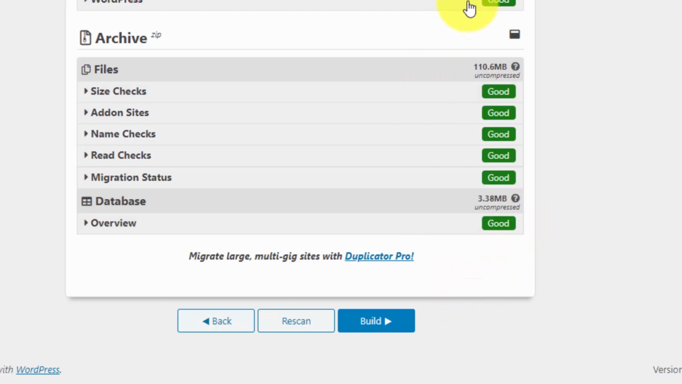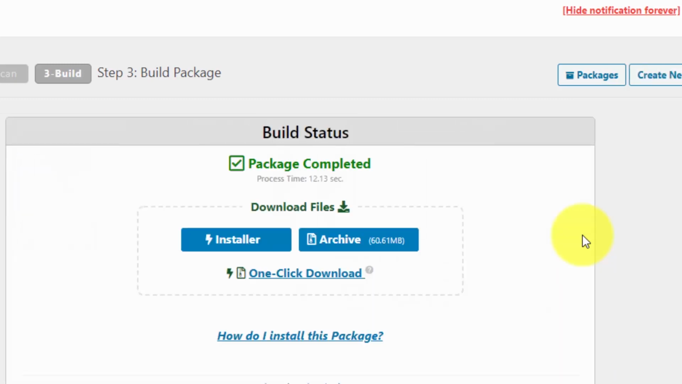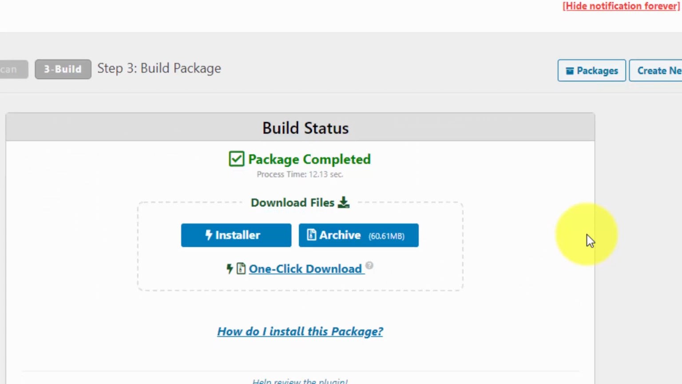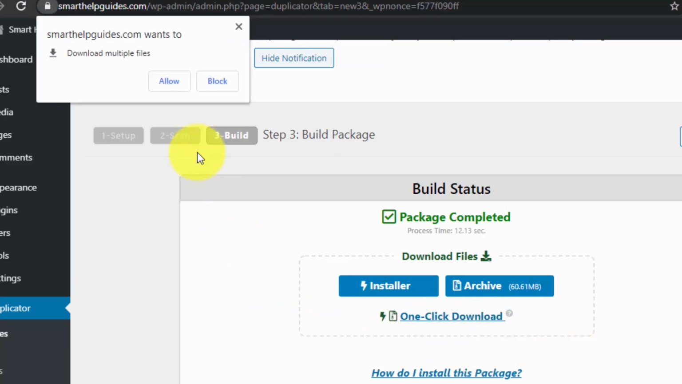Okay, so after checking everything is good, just click on build. Okay, this will take a few seconds depending upon your hosting server and the size of your website. Okay, so once package is completed, what you have to do is just click on one click download,